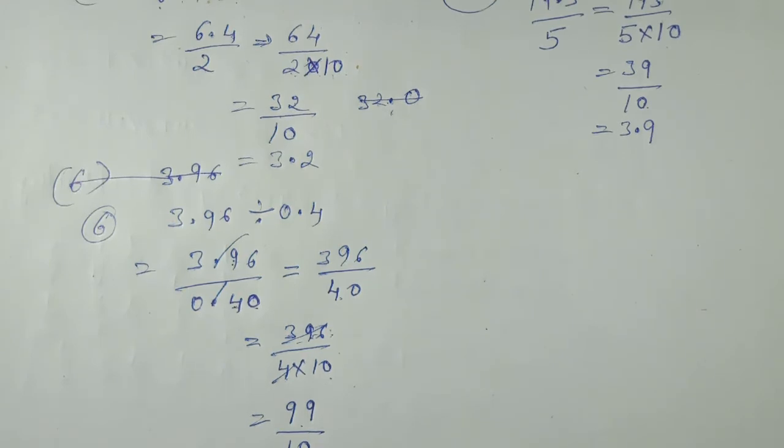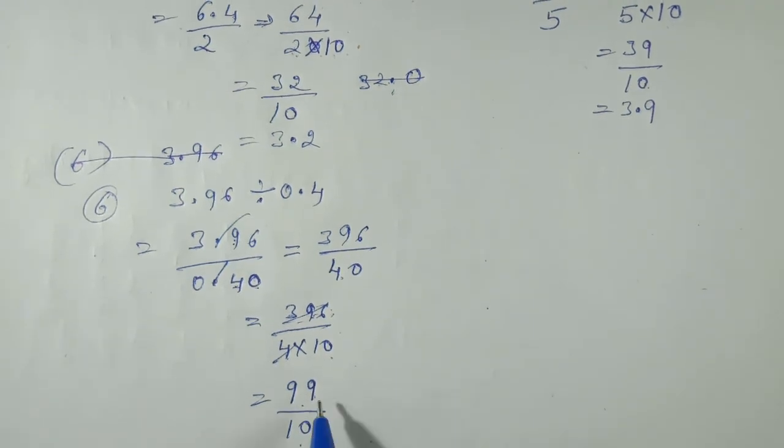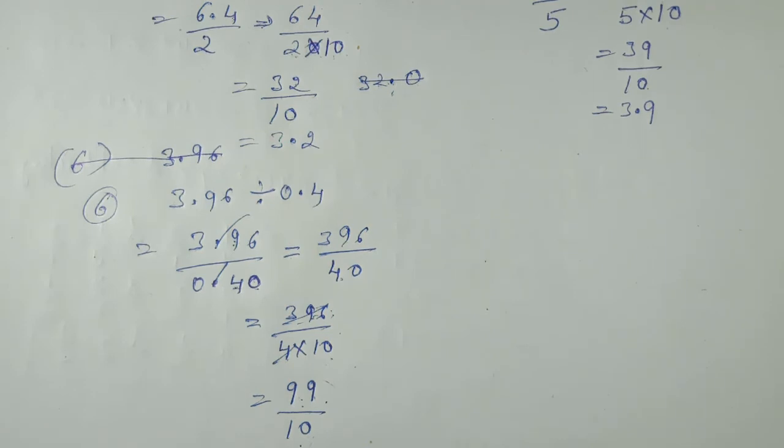Again using the concept of example number 1, we have to count one digit and move toward the left hand side, placing the decimal. So this will be counted as the first digit and we have to place the decimal over here. Because this number is not in decimal form, we have to assume that the decimal is at the last. So this will give 9 decimal 9.